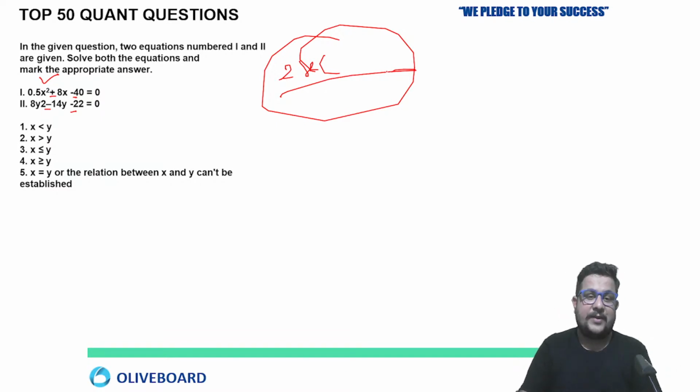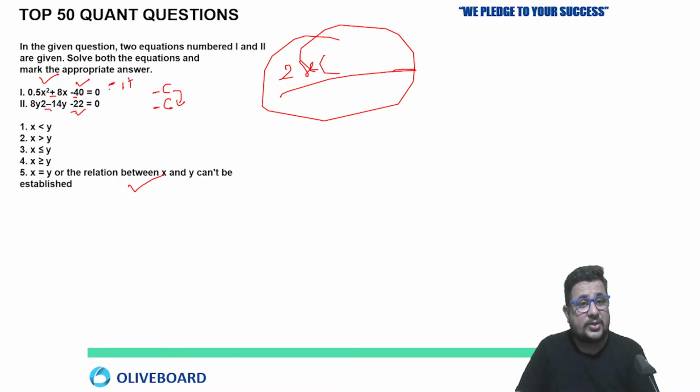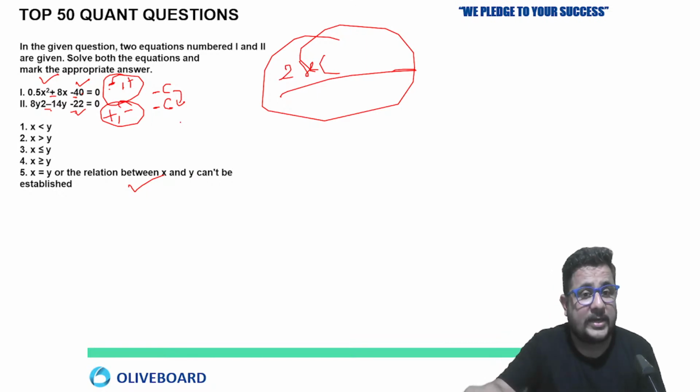Yes, again E, definitely correct. Arnav, definitely correct. Why? See, when the constant term is negative in both equations and you are comparing two quadratic equations, then you will go with no relation always, because in this case one value will be negative and one will be positive. In this situation one will be positive, one negative, and I told you in the previous one, no relation can be established here. So the relation between x and y can't be established.